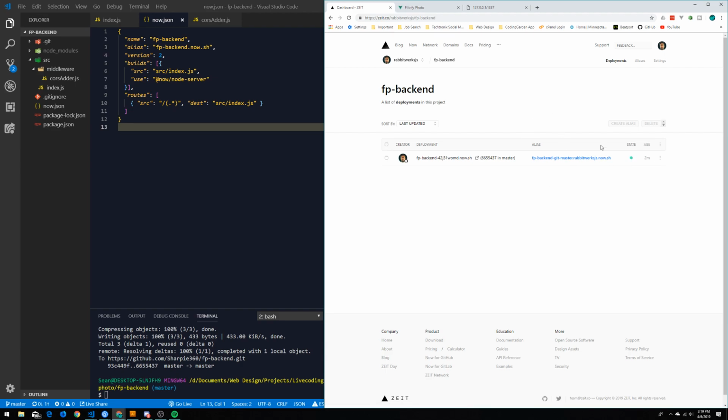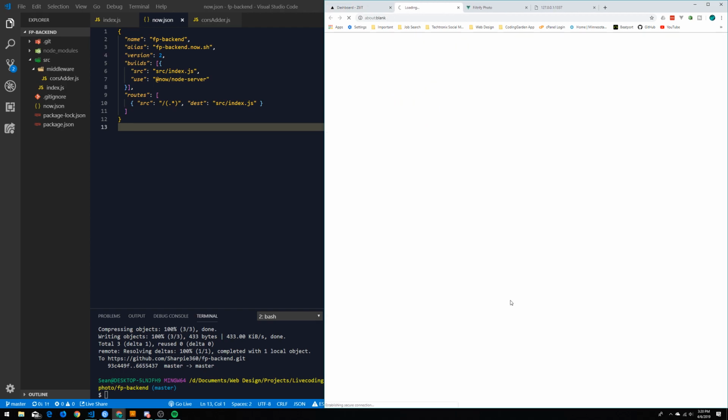So you can see it gives us our alias with, looks like, the git branch as well. Oh, there we go. So we have our alias now made. So we have our git branch alias, apparently, and then the alias that we provided to it. So if we click that, we should have it. Hello from the Filtrify backend. Neat. Cool. Alright, so now let's take this and test out our live deployed CORS adder proxy server with an